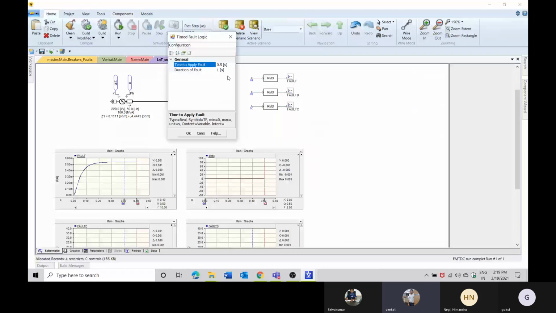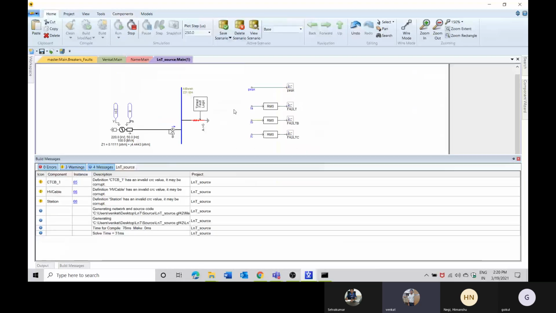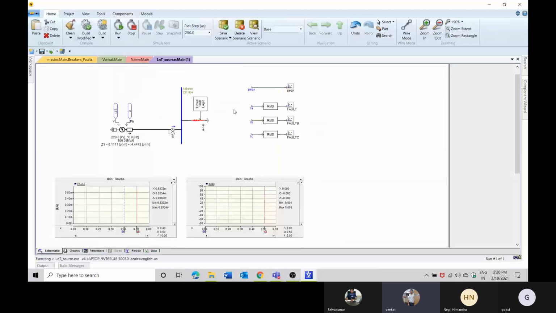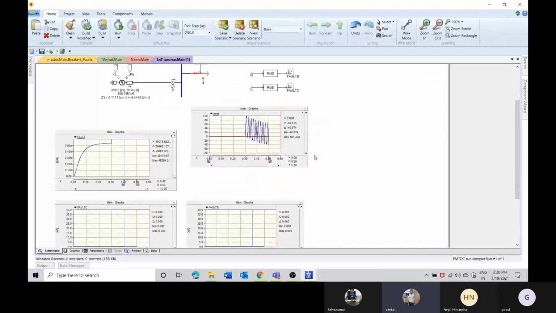What I have done wrongly is that I have run the simulation for 0.5 seconds and I have kept the fault at 0.5 seconds, so the system has not given any fault currents. Now I will keep it as 0.3 and I will rerun the simulation. Can you see this?